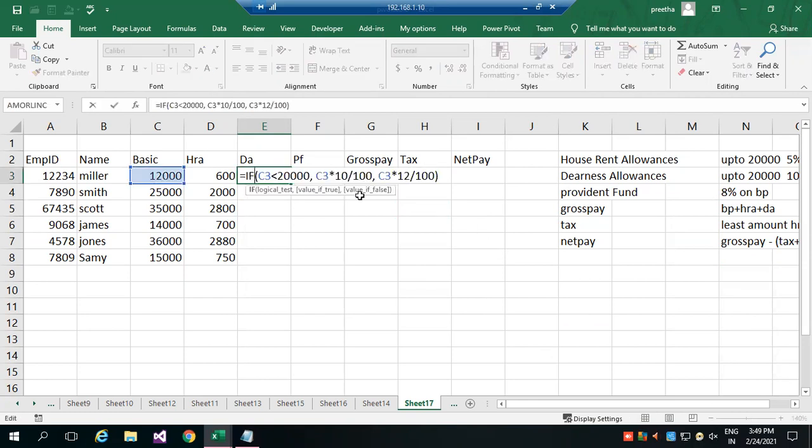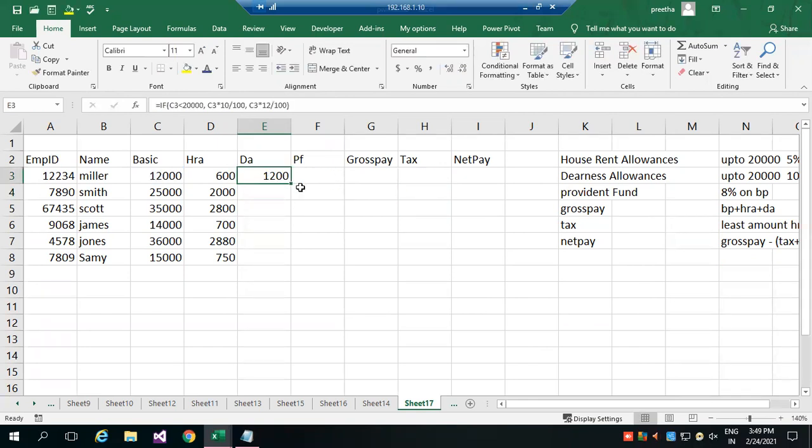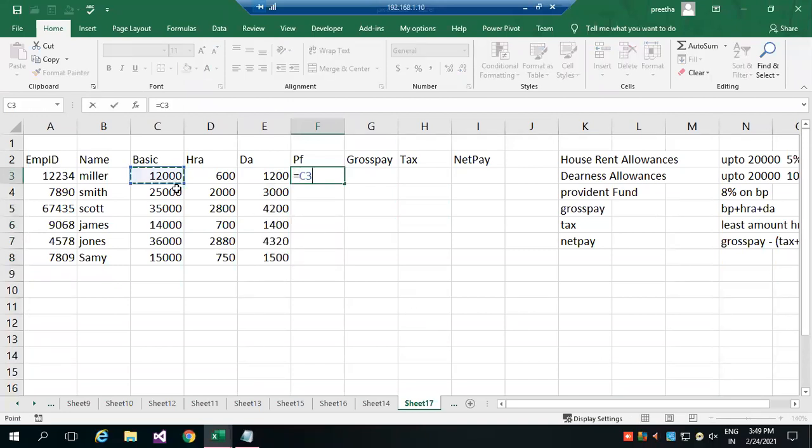So you can observe C3 up to 20,000, C3 into 10 by 100, else C3 into 12 by 100. So fill it up. Then there is no condition for PF, for all of them on their basic pay, just 8 by 100. On their basic pay, you should calculate only 8%.